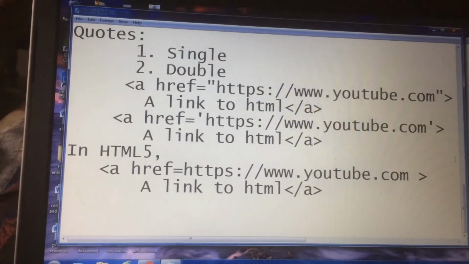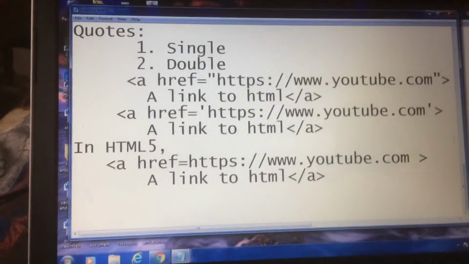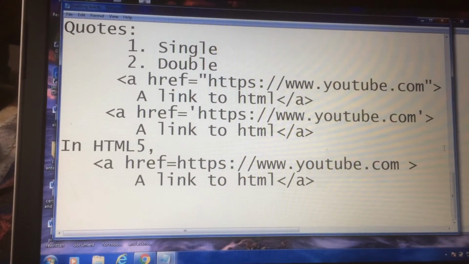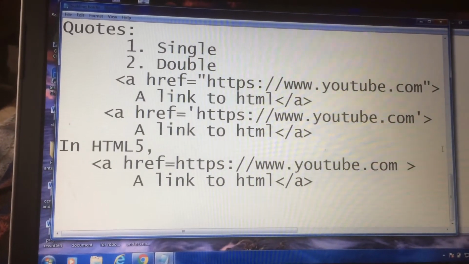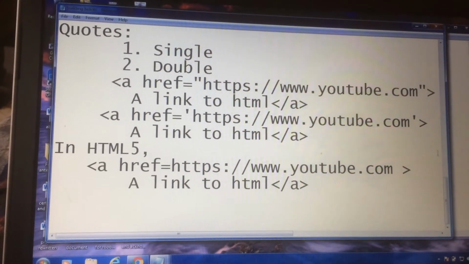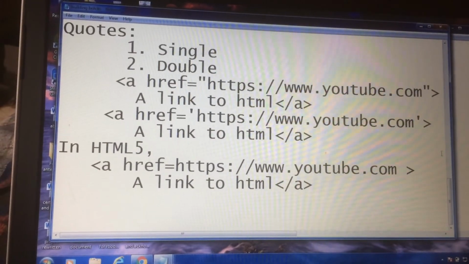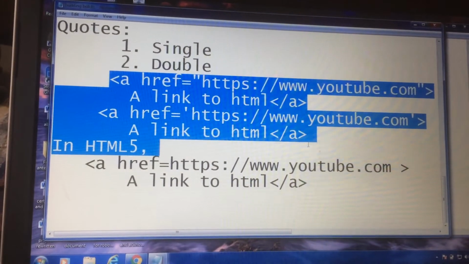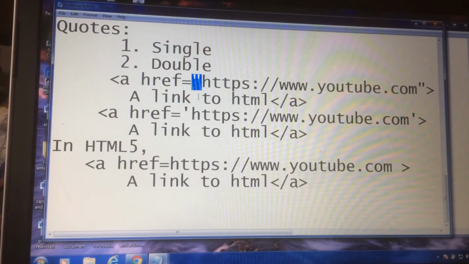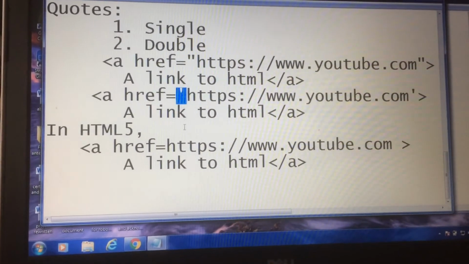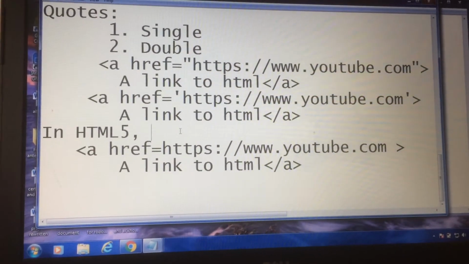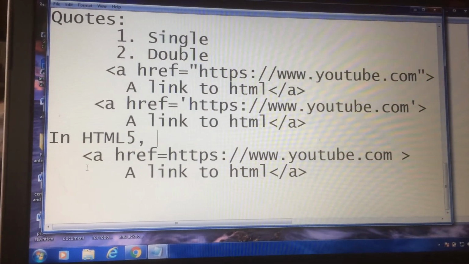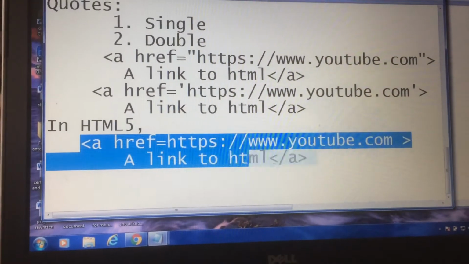We'll discuss about quotes. We have single quote and double quotes. Here we have seen that we used attribute with double quotes, but some people might use single quotes in HTML. So use of single quotes with HTML attribute is also allowed. Here these two statements are absolutely fine. We have given here double quotes and we have given here single quotes. So in HTML there is no difference between double quotes and single quotes, but in HTML5 you can also omit use of quotes around attribute value. That means you can omit double quotes and single quote.